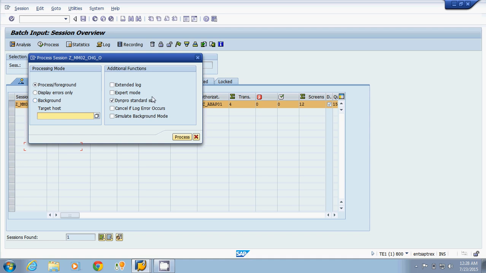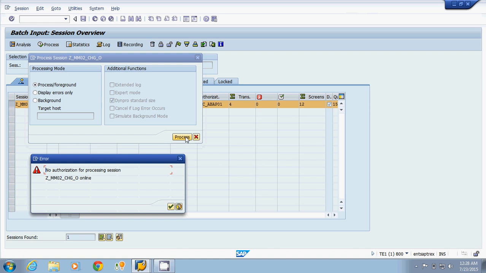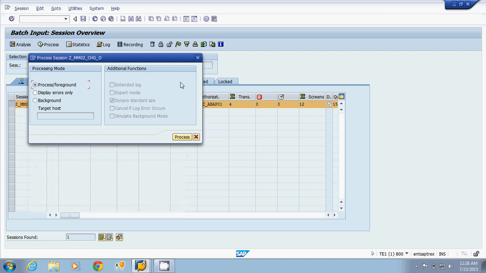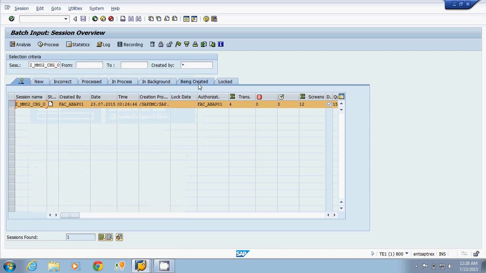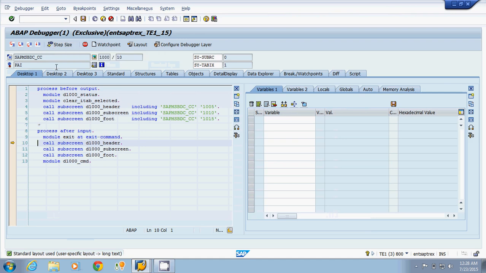Suppose we are running the LSMW in foreground mode. So I am clicking on this process button, and it is showing me the error that I don't have any authorization. In real projects we have the authorizations for running this step. For time being, I am taking the authorization in the debugging mode. There is no need to do this step like this.